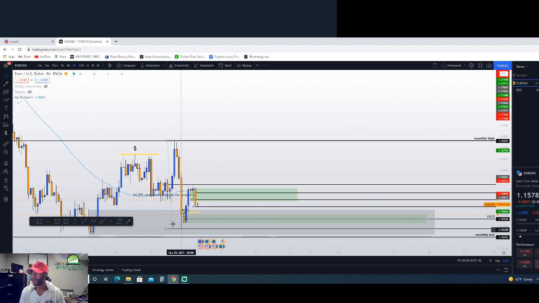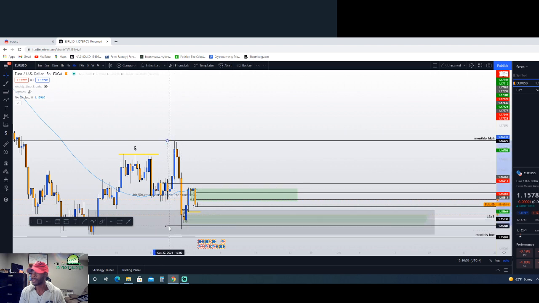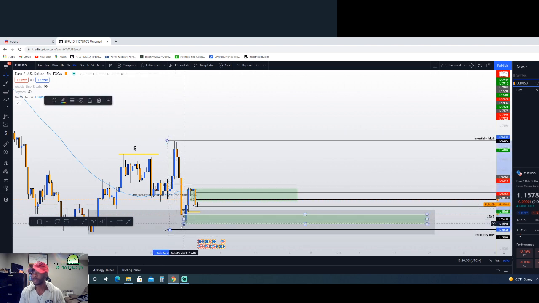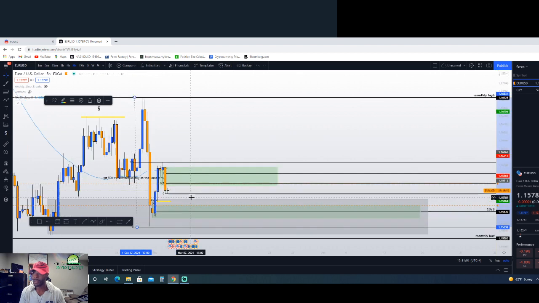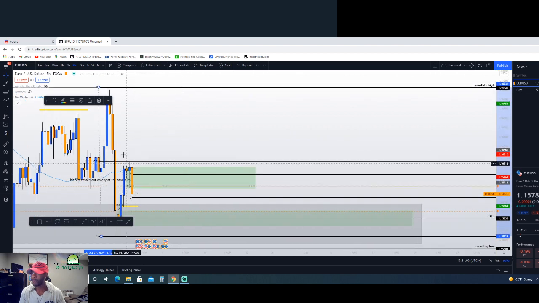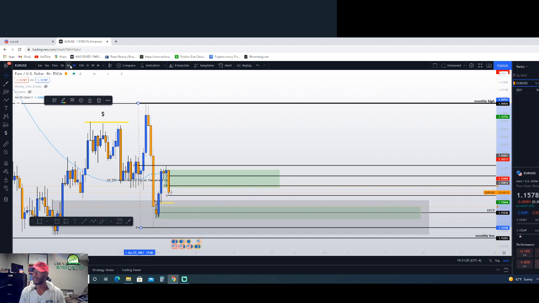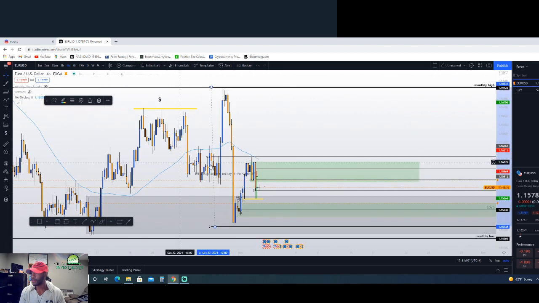Which I might do a video on later on, how I use the fibs. But I seen this fib, and I usually use the 50%. So I seen the market push up out of this daily order block and hit perfectly right on that 50%. All right. And once I seen that,